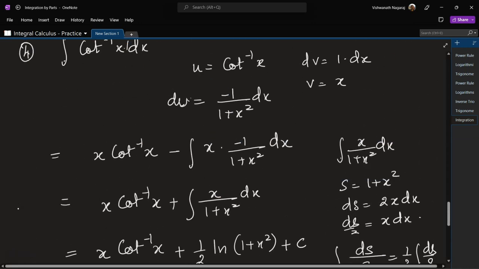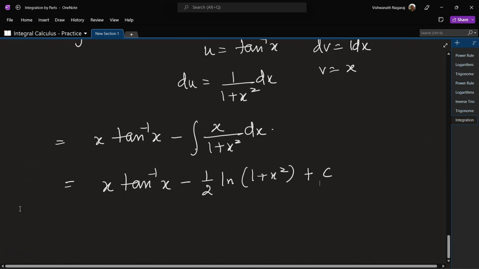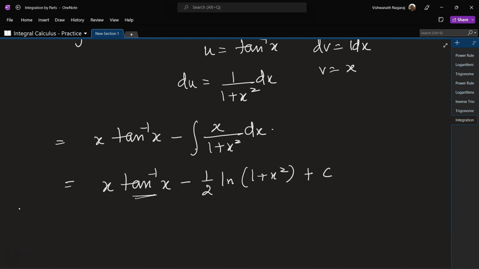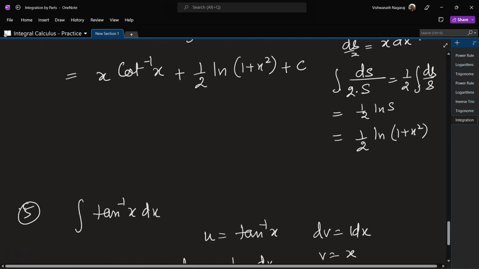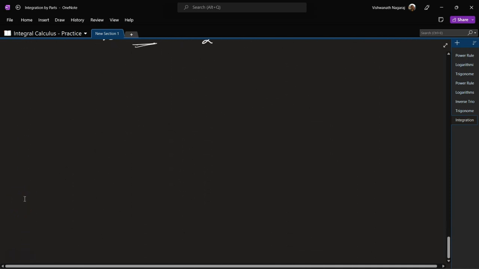So the difference between cot inverse and tan inverse is, apart from the obvious one, that here we have tan inverse, here we have a minus sign. In cot inverse we have a plus sign. Okay, now sixth one,